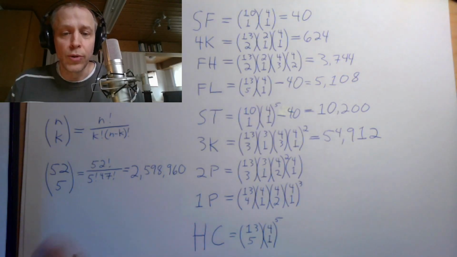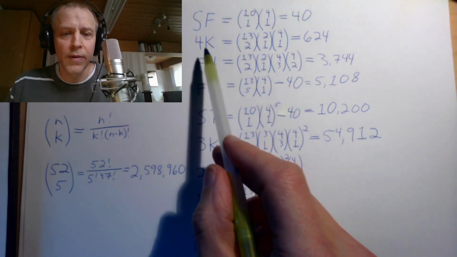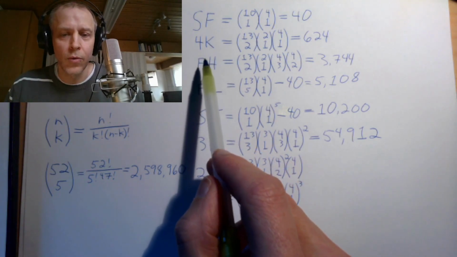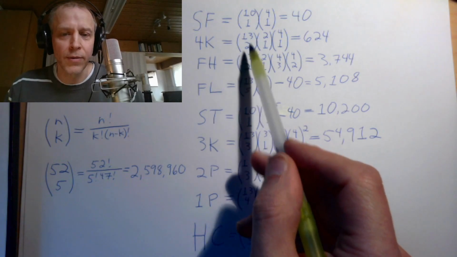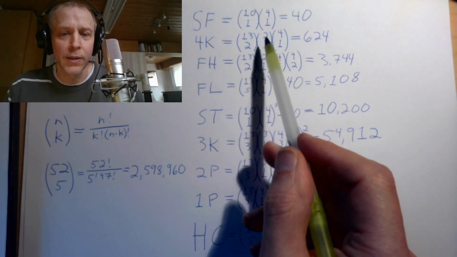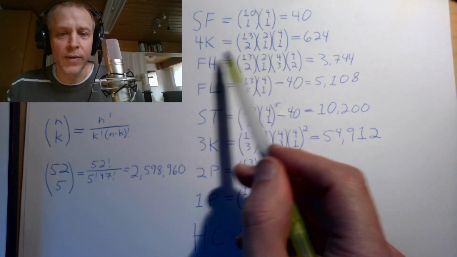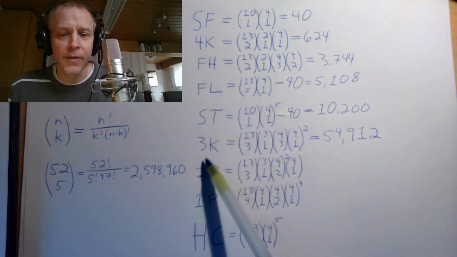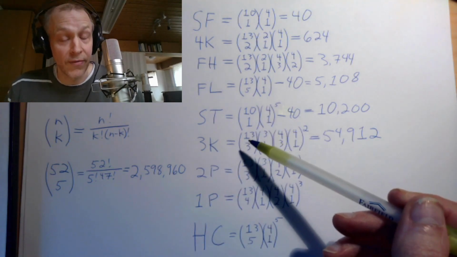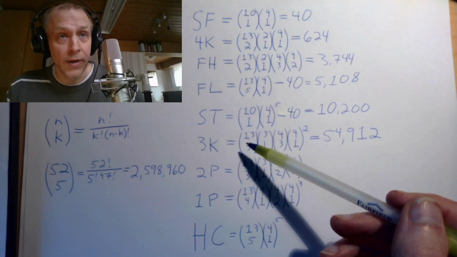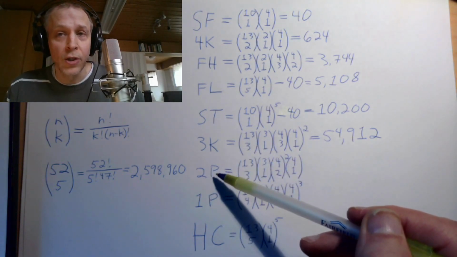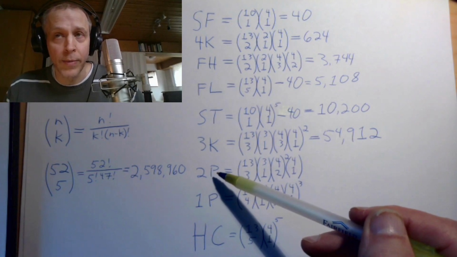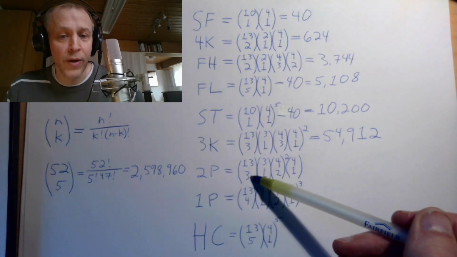Okay, so let's do 2 pair now. Just like 4 of a kind and full house were connected by us choosing 2 values of the 13 and then choosing one of those to be the anointed group to be either a 4 of a kind or the 3 of a kind, the same situation pertains here for 3 of a kind and 2 pair. We have 3 different values, right? So if you have 3 of a kind, you have 3 of a kind and 2 extra cards. And if you have 2 pair, you also have 1 pair and another pair and then an extra card. So you have 3 values that you're